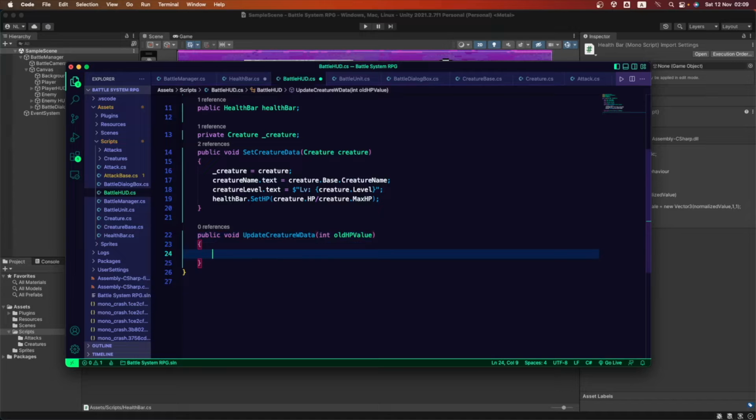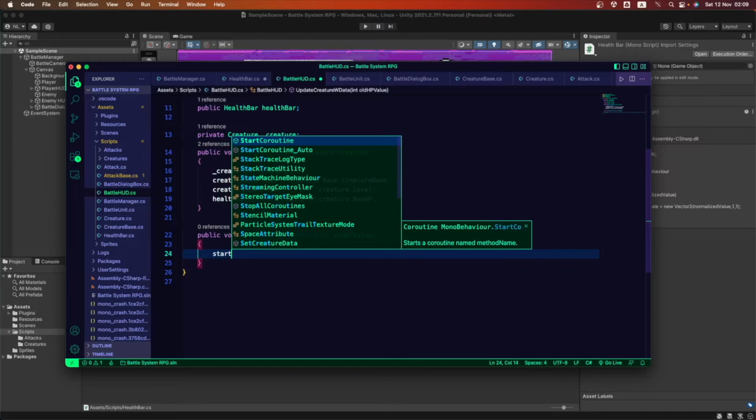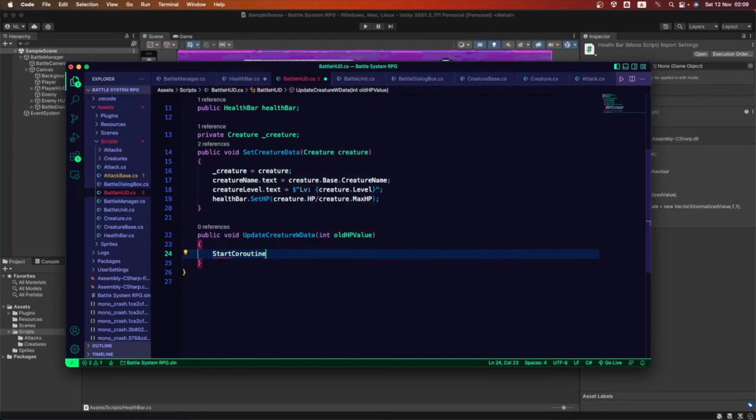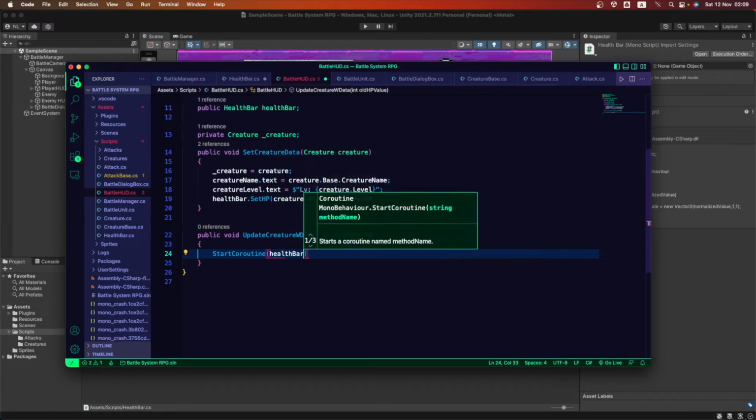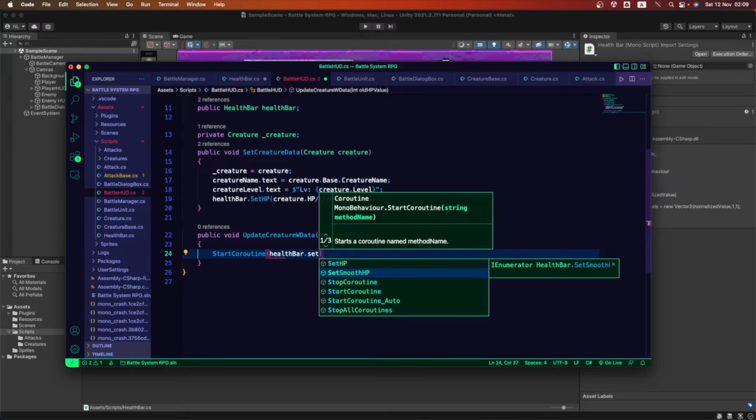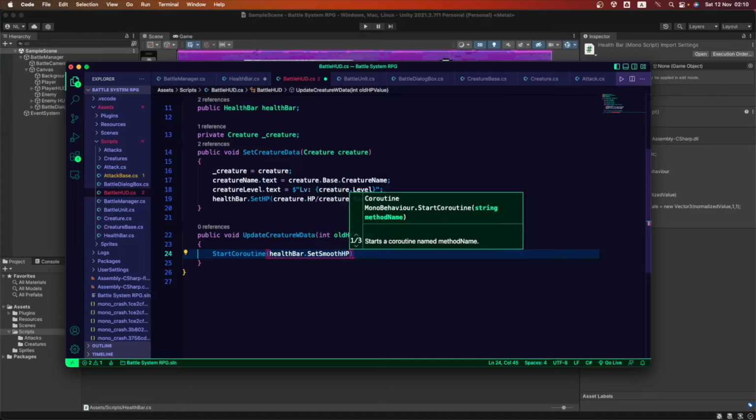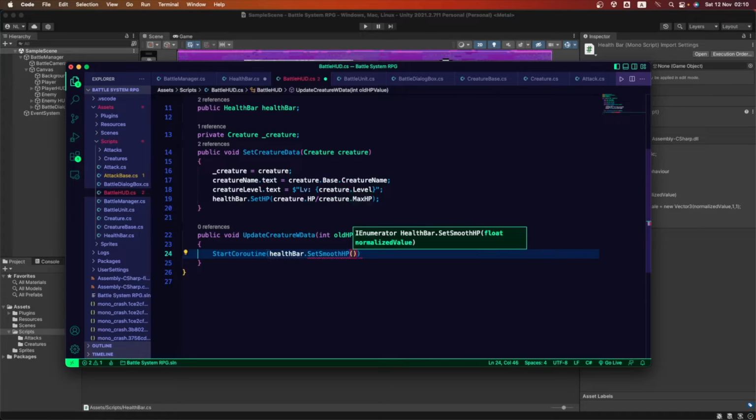So first, inside this method, we want to call the coroutine I just mentioned. This one was inside the health bar, SetSmoothHP. And remember, this method is going to want a float value, which is the normalized value.